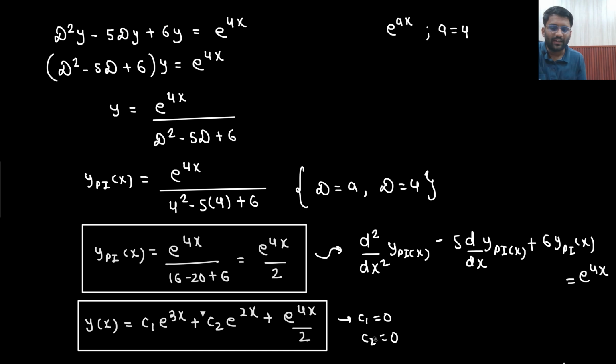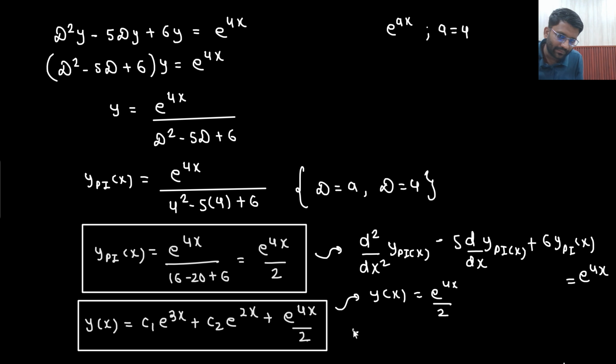What I mean to say is that from this answer there are 3 possible answers. One answer would be y of x equals e to the power 4x by 2. The other possible answer is C2 e to the power 2x, with C1 put as 0, so C2 e to the power 2x plus e to the power 4x by 2. And then sir, another answer possible is